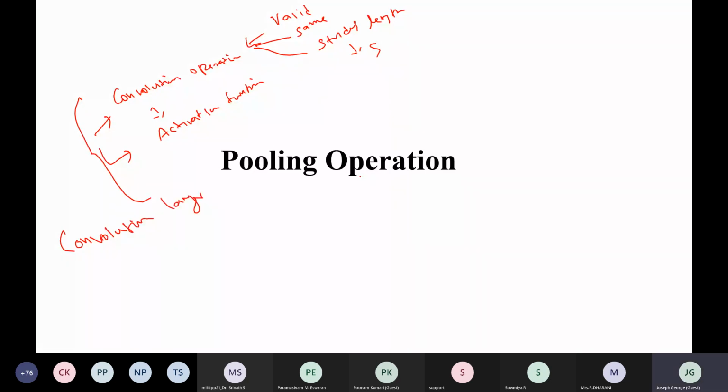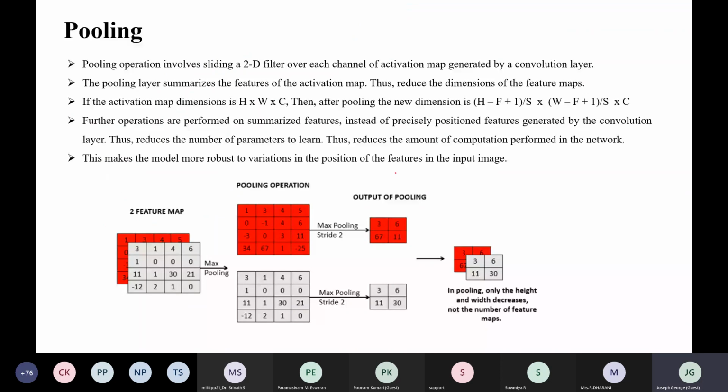This convolution layer can be followed by another type of layer called the pooling layer. In the pooling layer, again we use a filter, but this filter is not learnable. It is just a filter to reduce the dimension of the activation map.